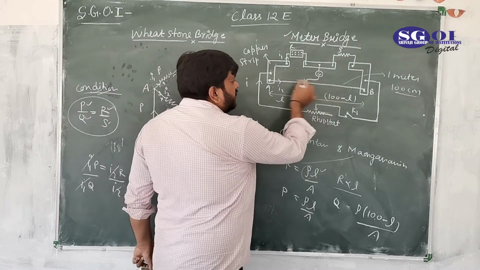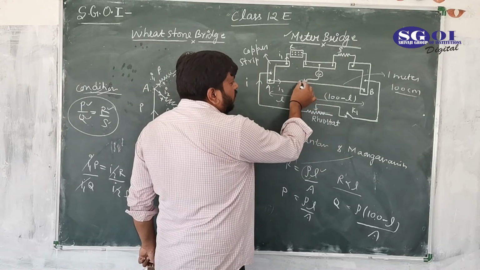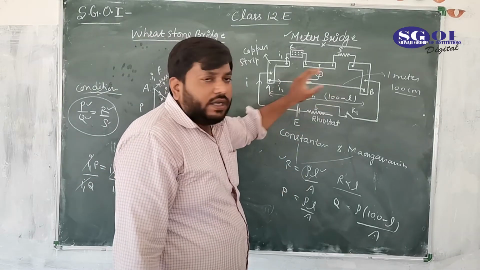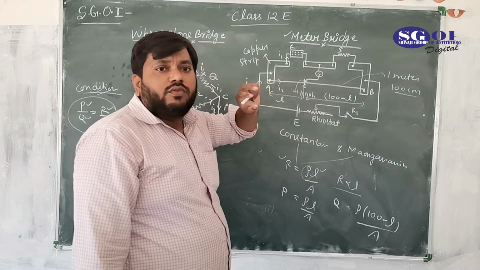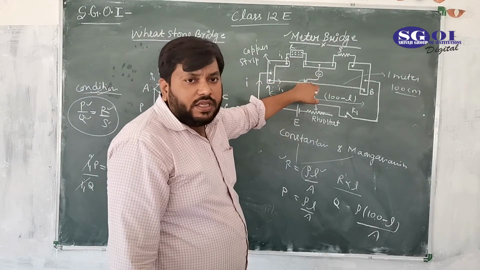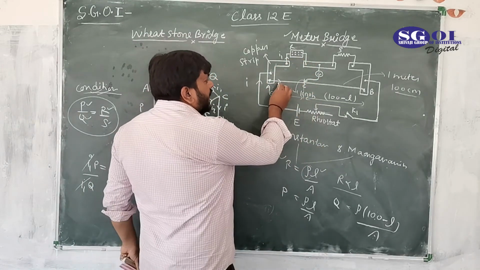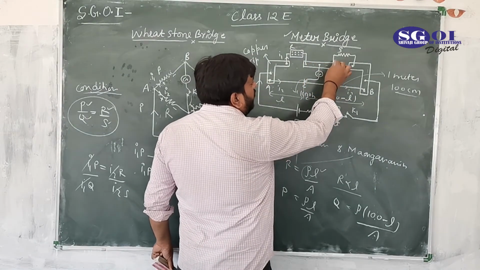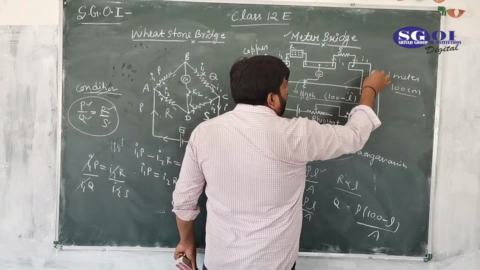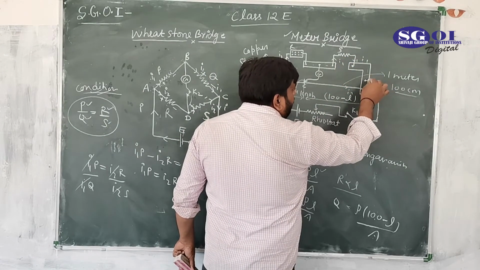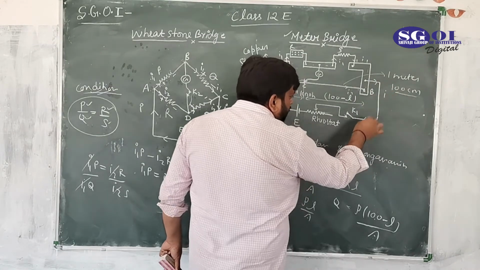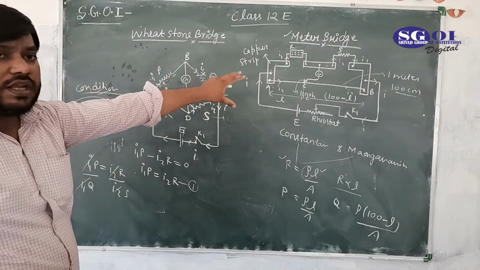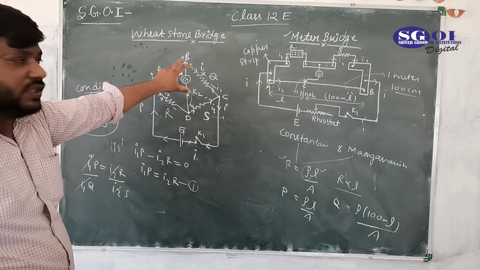And we slide this knob to and fro, and at the particular point where the deflection in the galvanometer would be 0, the current in this arm would be 0. No current would flow in. Means I2 would flow here to here, and I1 here. This is also of copper. Finally I1 and I2 would be I1. I think you have cleared the construction of this meter bridge and how it would work. It would work just like a Wheatstone bridge.